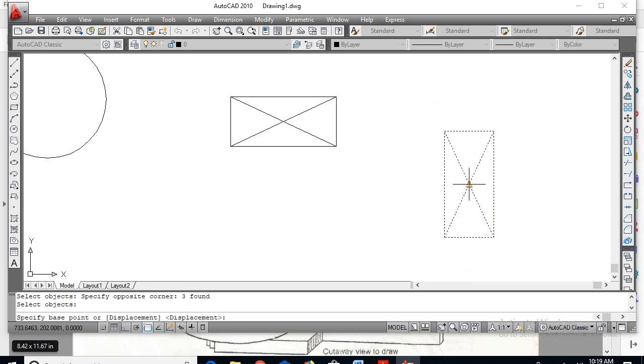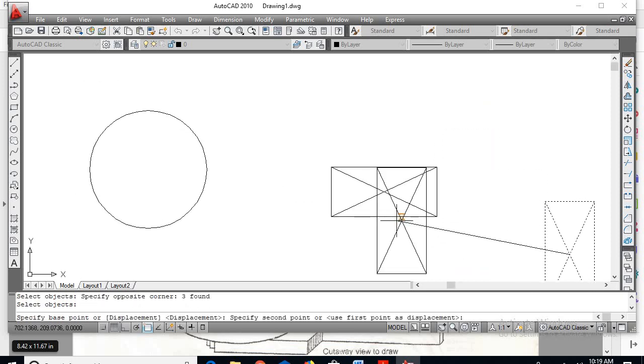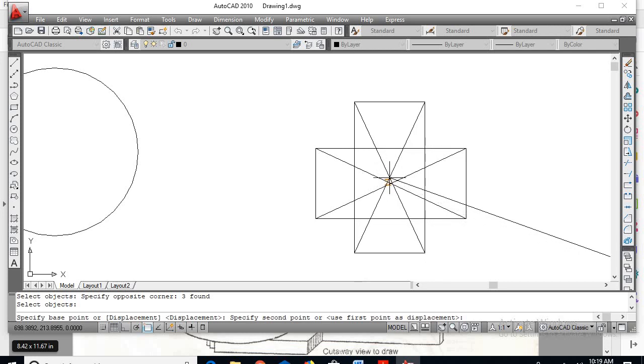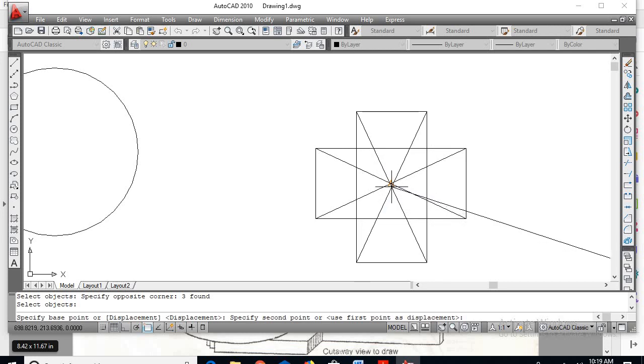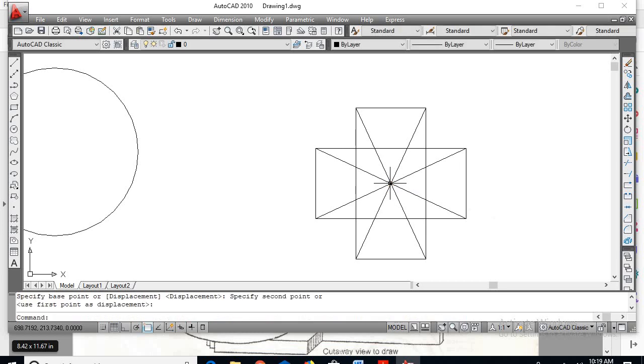Select the center, select the midpoint. Exactly at the midpoint, you click.